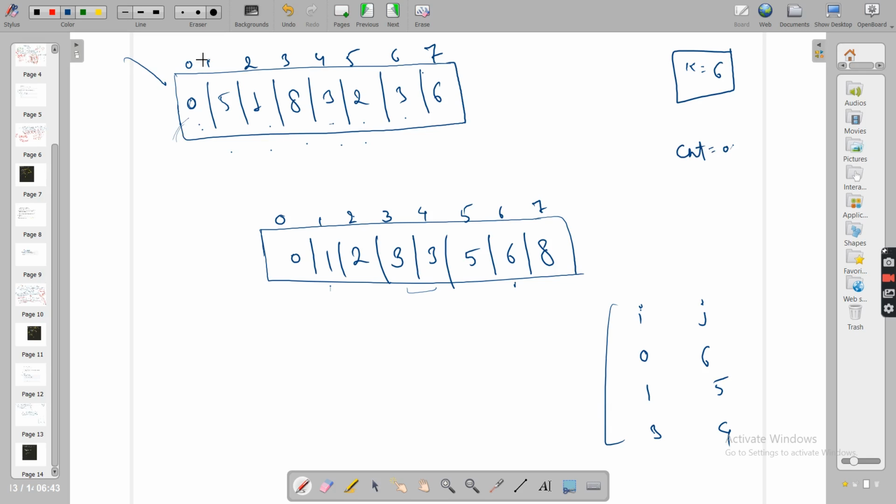Obviously this is an array, so you have to go one step at a time. So let's see where the 6 is present. See, by naked eyes you can directly say the 6 is present right here, but in the problem, how would you know? So you will obviously start from this index, for this 0, go one step at a time. Finally you will get what? 6. I am getting 6. All right.